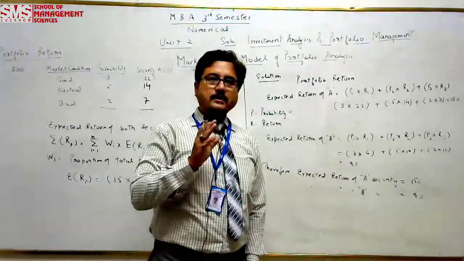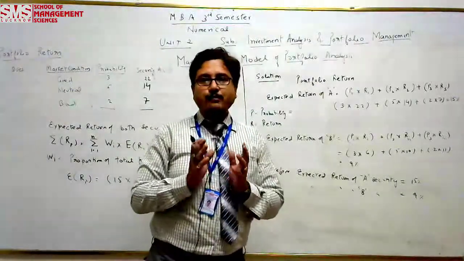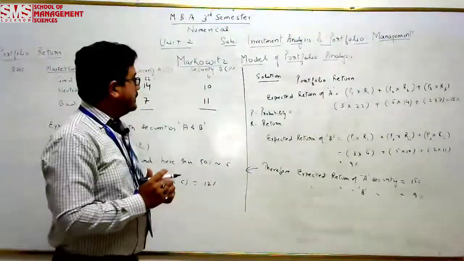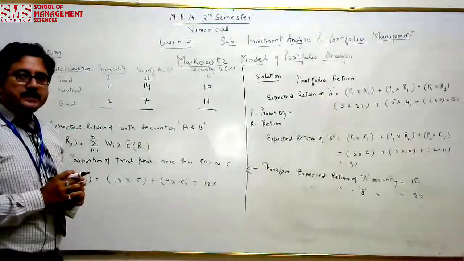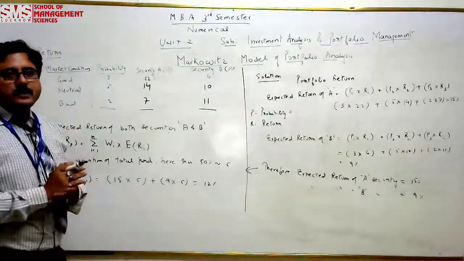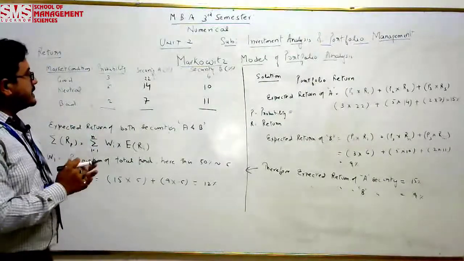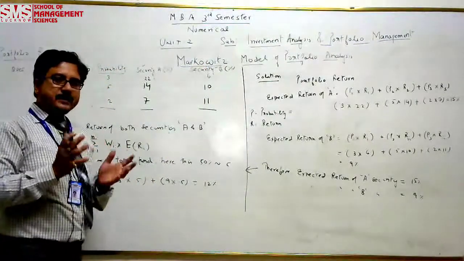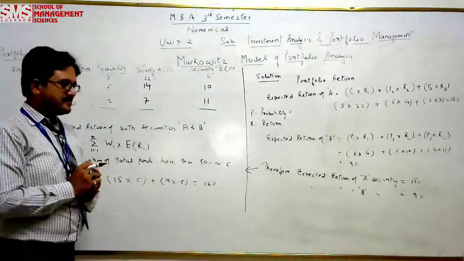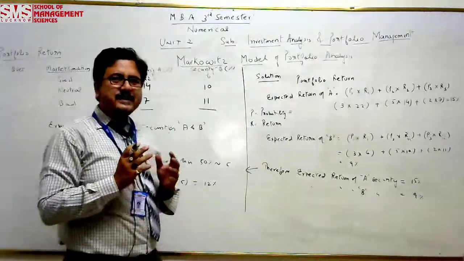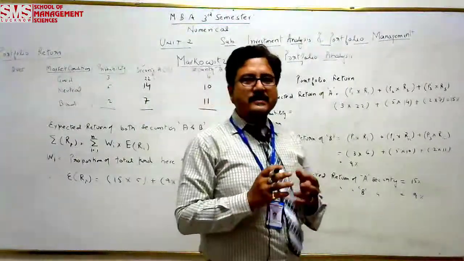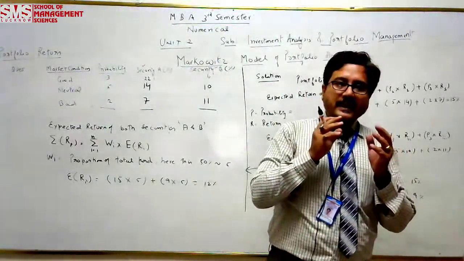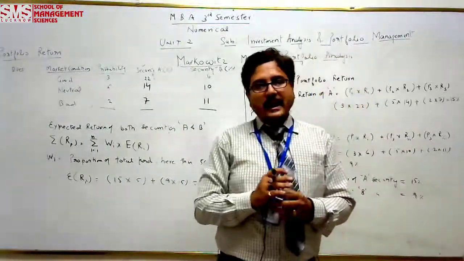So first, we should understand how we calculate the return of a portfolio. Before that, we have to understand what a portfolio is. When one or more securities are there, the combination is known as a portfolio. For example, if a person has security A and security B, then he has a portfolio of A and B. For a single asset, it is very easy to calculate the risk. But in the case of various assets, more than 2 assets, we need some calculation